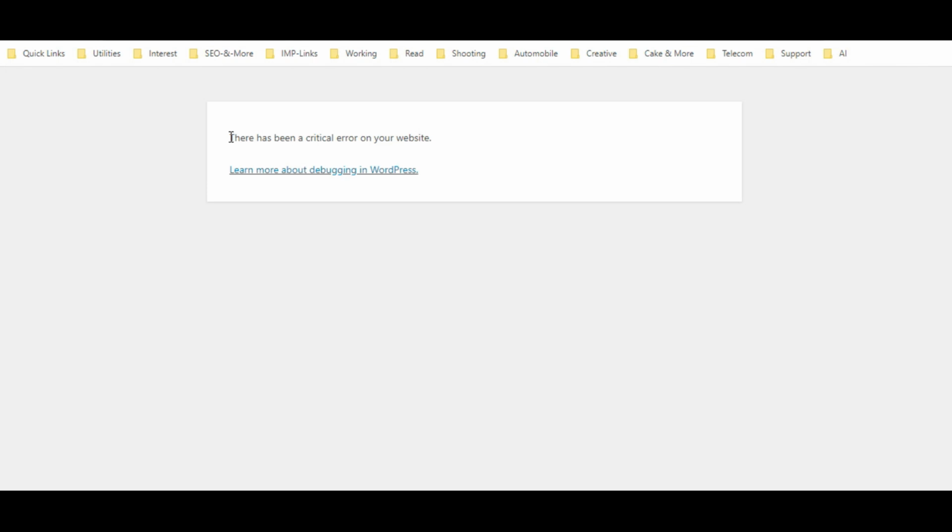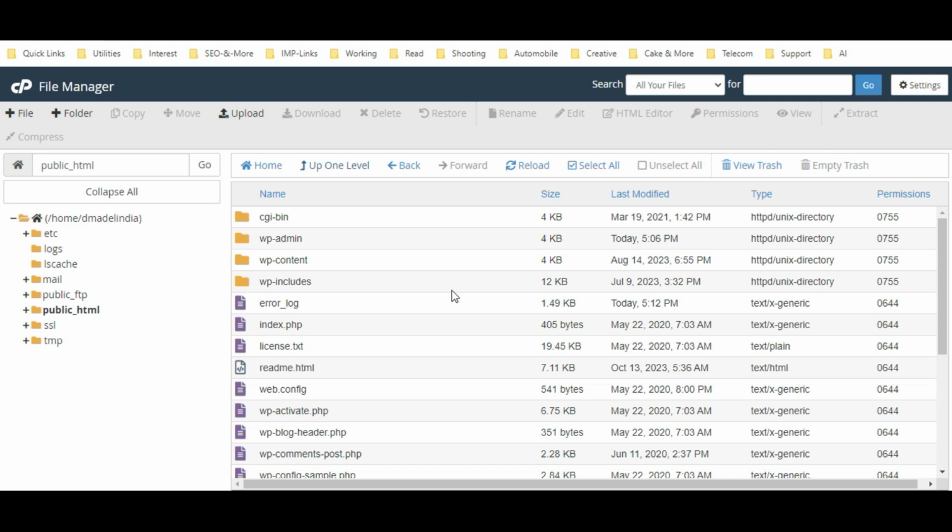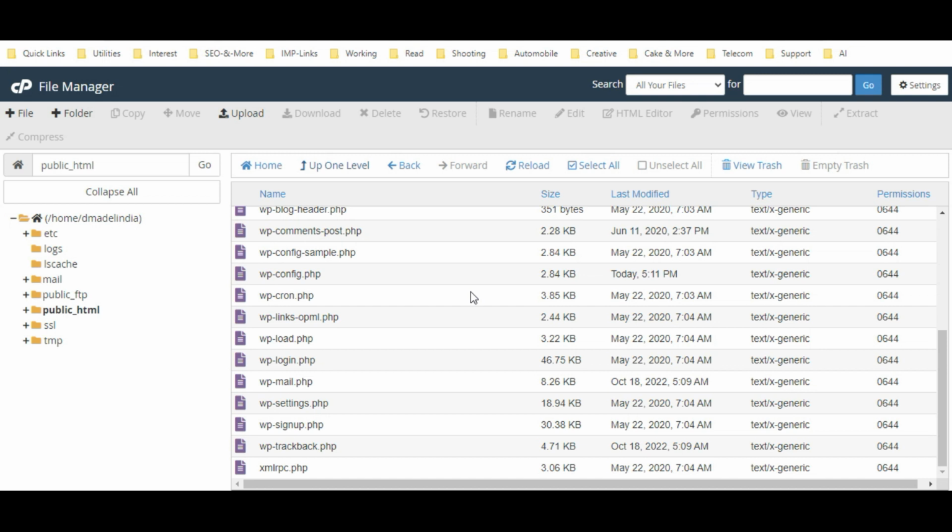So first of all, we have to make some changes in the config file to know what exactly is causing the issue. At times it is related to some WordPress plugin, or there are some files which are blocking the site from opening. If you're using cPanel, then there is File Manager. You can go into File Manager and check the www folder or the root folder, or maybe the public HTML folder. In that you will find something like this,